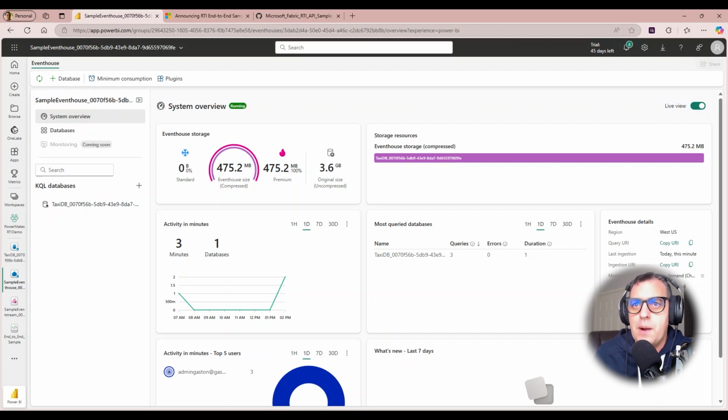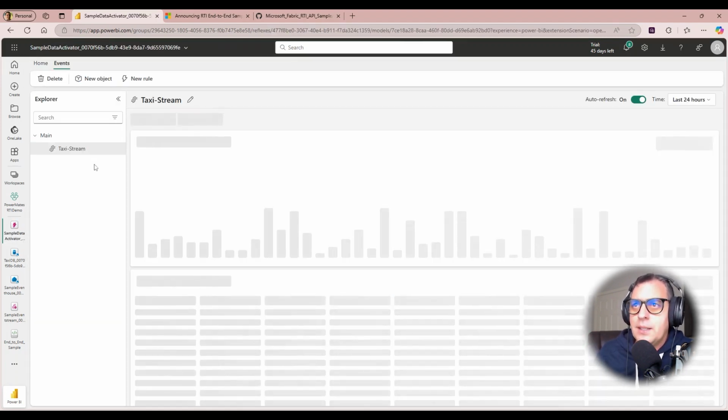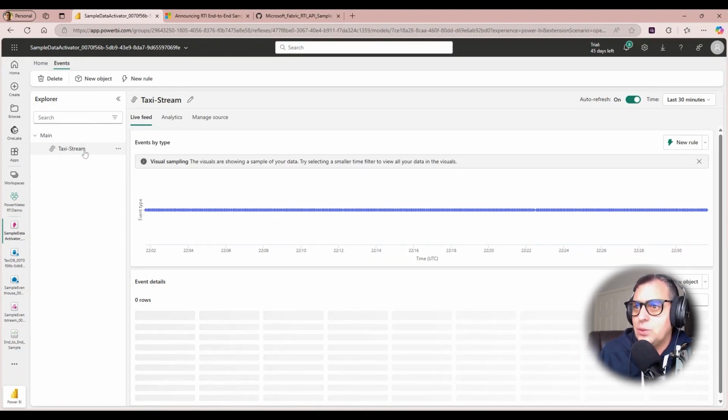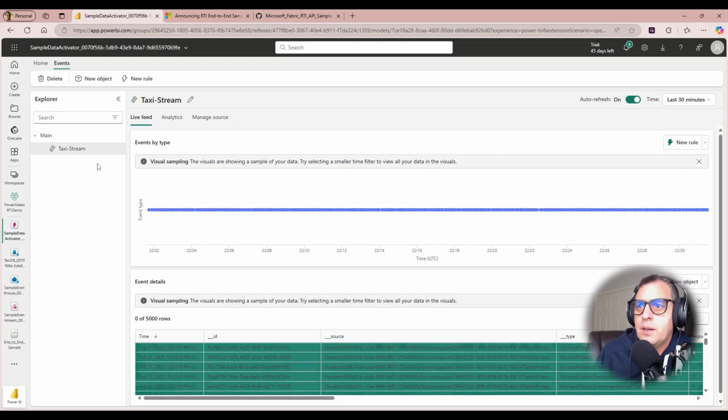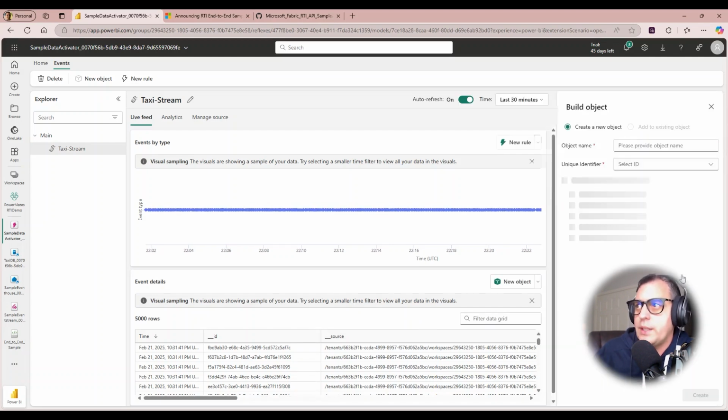I'm gonna go back to the workspace. I'm going to be opening this one that is the last component of the family, just to check that you can create your own activator on top of your data. So what is this doing? This is setting up an analysis on top of the data, and you can trigger actions on top of that data. So you can go to the new object, and let's say that you want to create a new rule